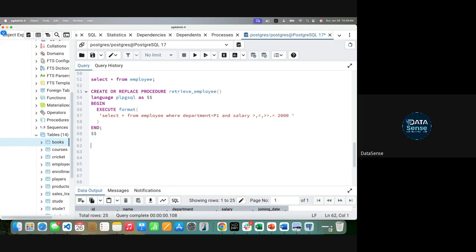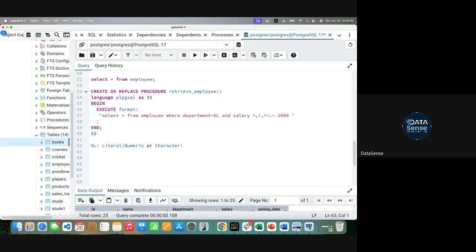Now there are a few methods by which you can pass parameters. One method is called percentage L. It means literal value. Whenever you're passing a filter, be it numeric or character, it is mostly used for character, but it works for numeric as well. So instead of passing this value, you will simply write percentage L. Whenever you give some value in the parameter, it will replace this percentage L with that value. How it will replace, I will tell you.